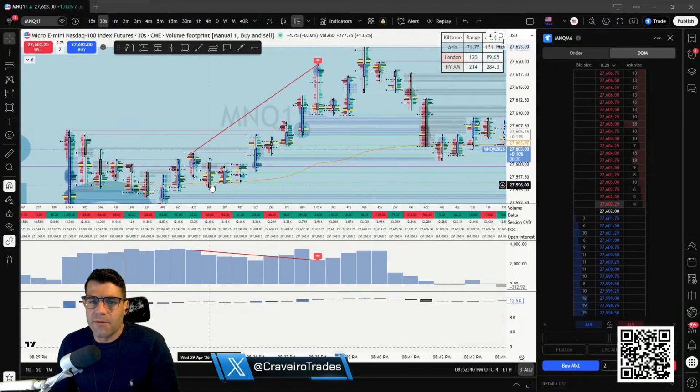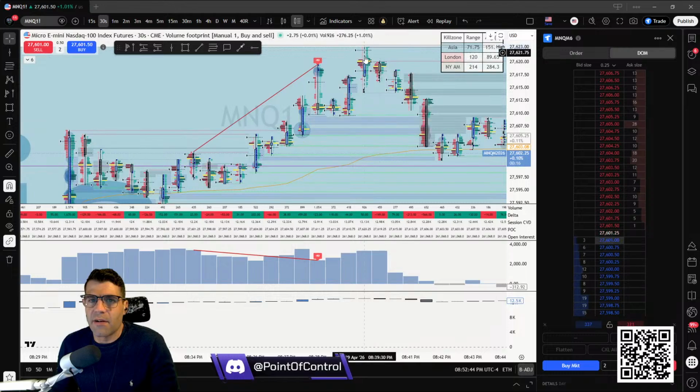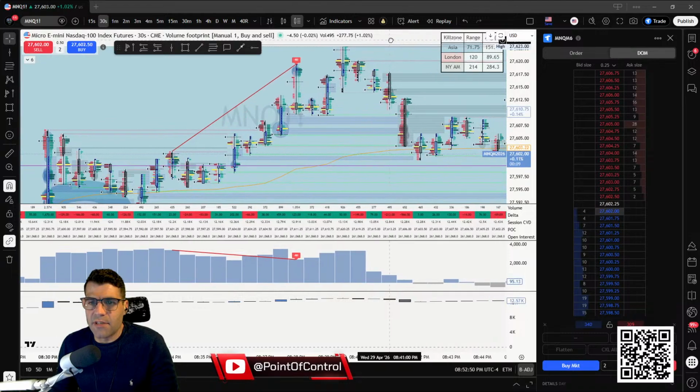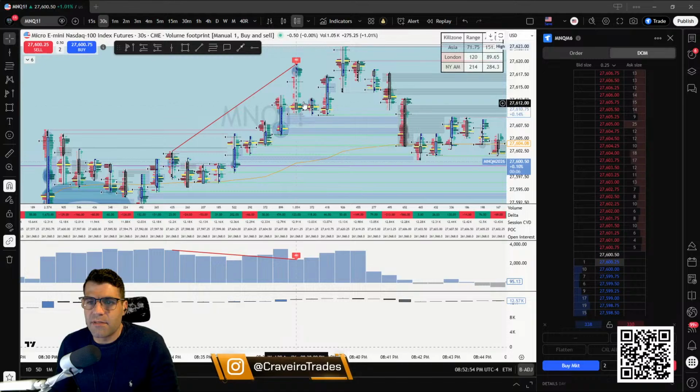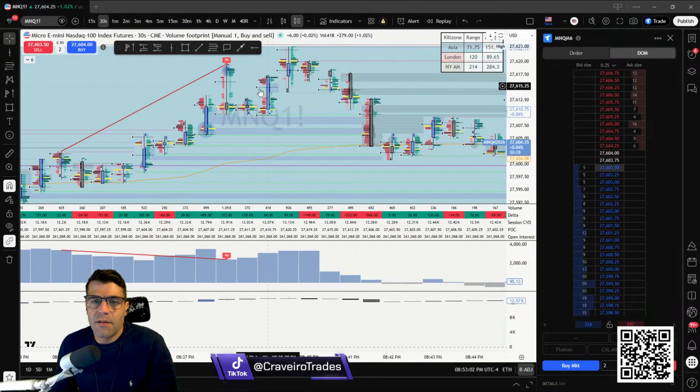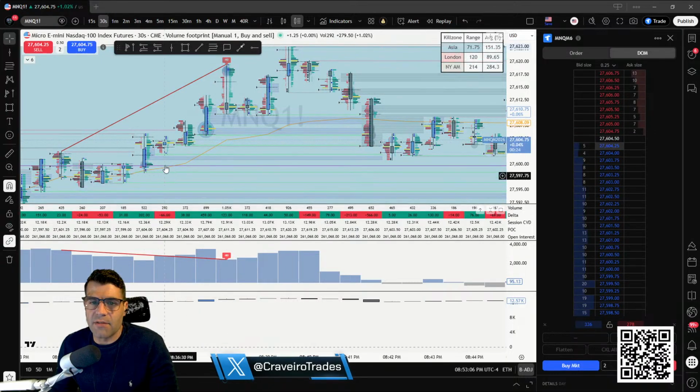And here we have CVD divergence at the high. Had already known this was an area of interest. We were at a pivot in the value area high within the current session's volume profile. So we already had interest to find. We saw our CVD divergence. Now we zoom into a lower time frame, and in here we already had a higher time. Right here we have a delta divergence,